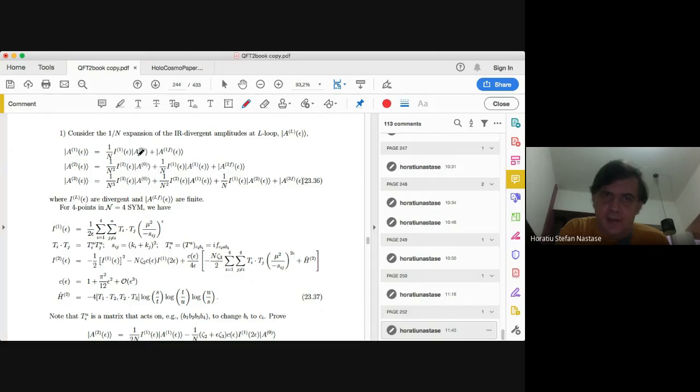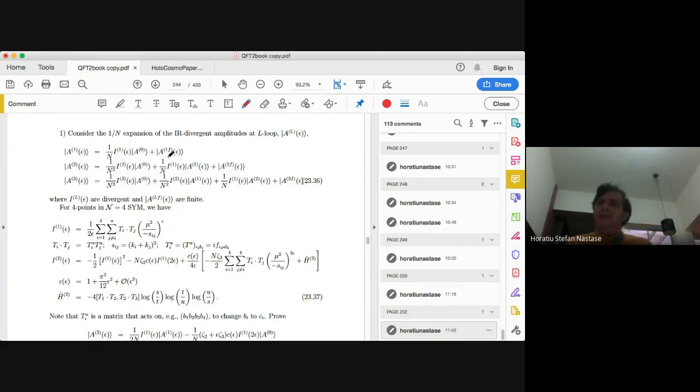A0 is at tree level, so it's a finite thing. There's no need to introduce an epsilon. At tree level A0 is independent of epsilon, but then at the one loop